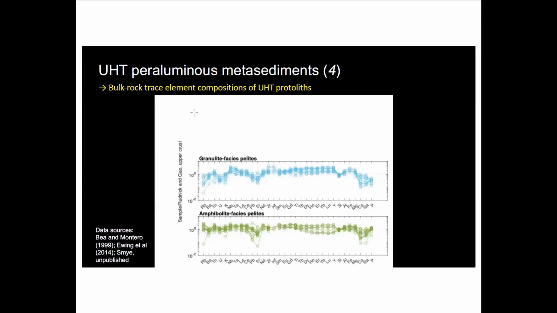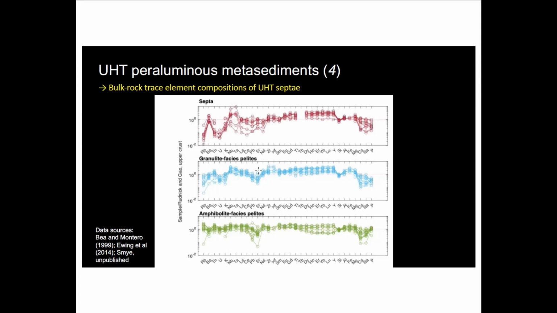Okay, so bulk rock geochemistry of the UHT septa. First off, I'm presenting bulk rock analyses normalized to average upper continental crust of the protoliths of the septa. Shown in green here, these are bulk rock data normalized to upper crust composition of Rudnick and Gao for amphibolite-facies pelites along the Ivrea zone, and granulite-facies. I wish to emphasize that there's very little change. Depletion in the large ion lithophiles and nominally a small amount in uranium, but they're reasonably similar. However,